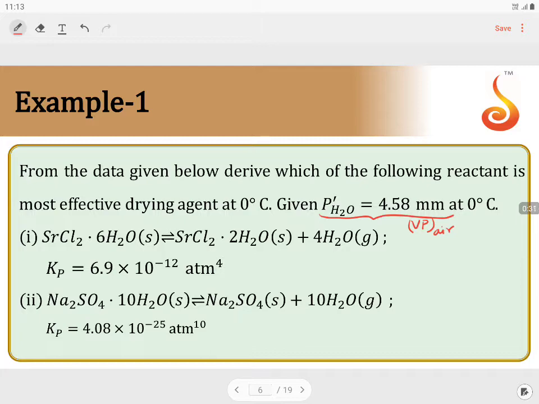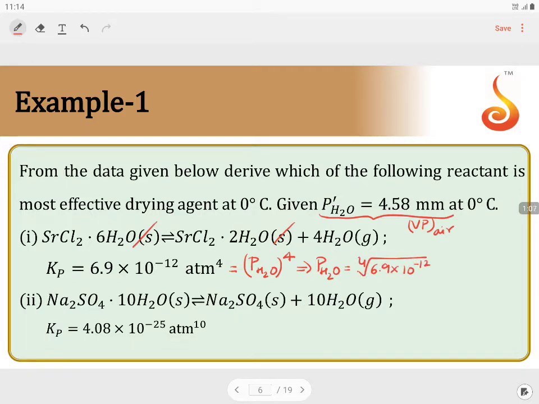Now the reaction given is SrCl2·6H2O gives SrCl2·2H2O plus 4H2O. From this I can write Kp is equal to partial pressure of H2O whole power 4. Solids will not be involved in the Kp expression. Only the gases will be considered, and the stoichiometric coefficient 4 is raised as the power of partial pressure. So from this, the partial pressure of H2O is the 4th root of 6.9 into 10 power